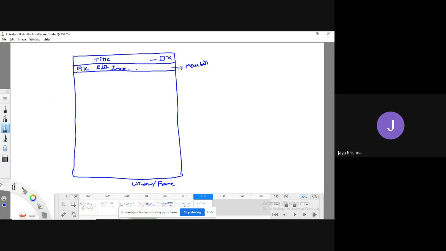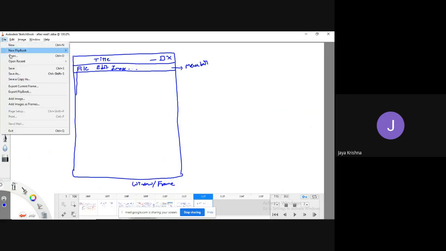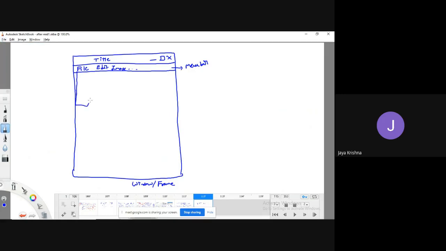If you click on file, observe, you see various kinds of options. This we call a menu. And the things that pop up here, like new, open, save, everything we can call a menu item.